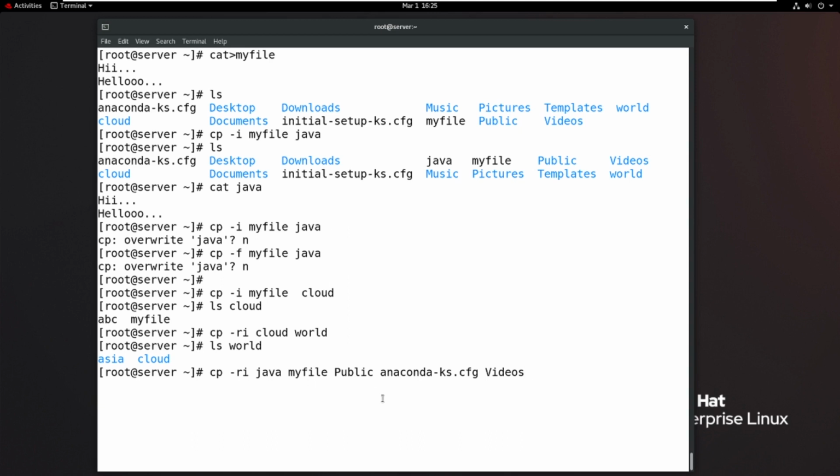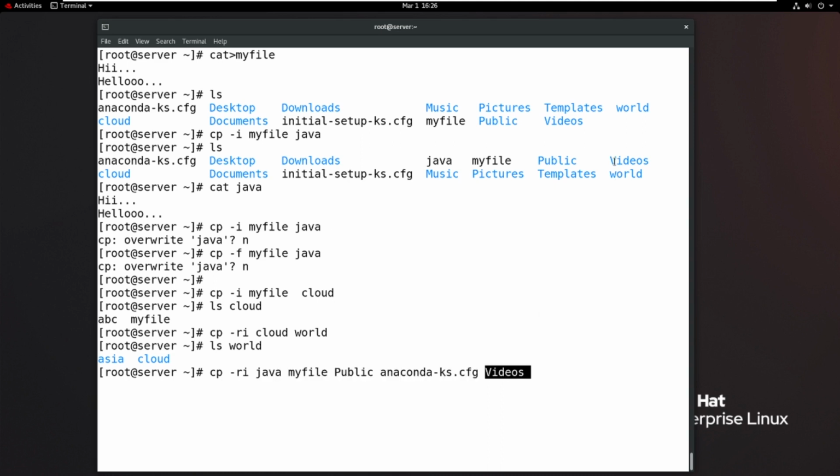In that case, when you write multiple resources, the last one should be the target. The cp command treats every resource as a source, but it treats the last one as the target. So videos is the target directory and all the remaining ones are sources. What does this mean? All files and directories will be copied under the videos directory.